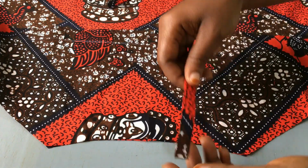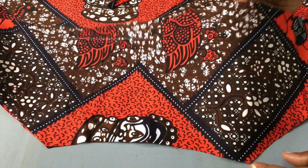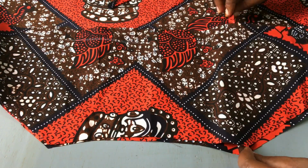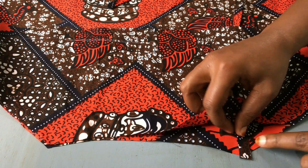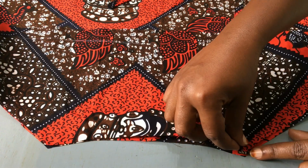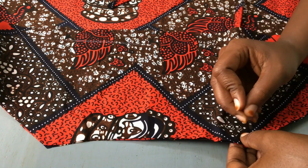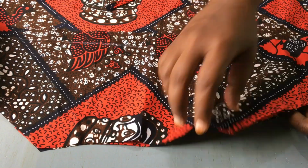Okay, so here is our strap. Just insert it between the facing and your dress, your bodice. Just like that. This is the folded part and this is the part where it is sewn. So put your strap like that. Make sure it is aligned well and then secure it with a pin,